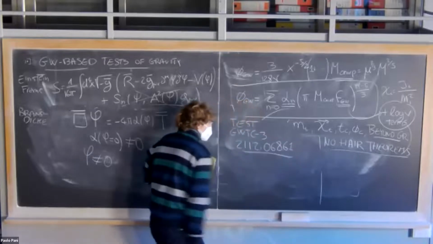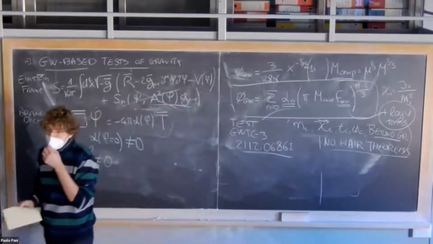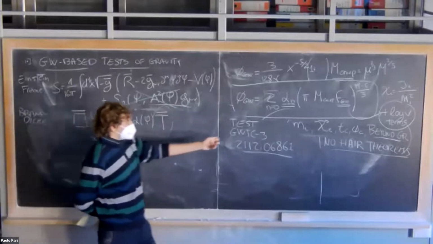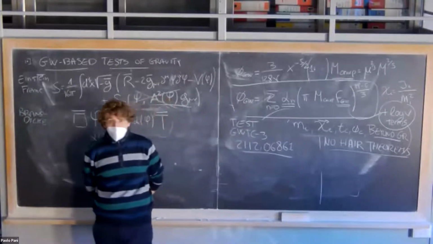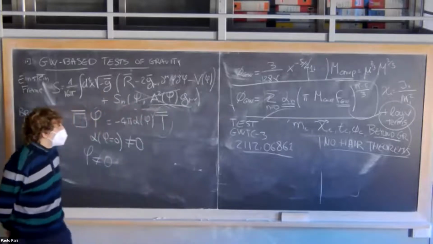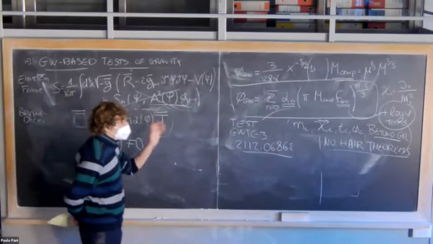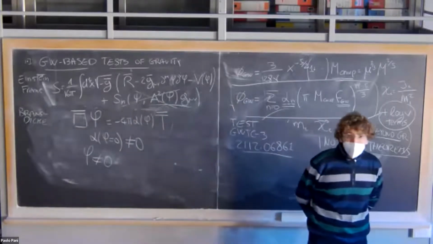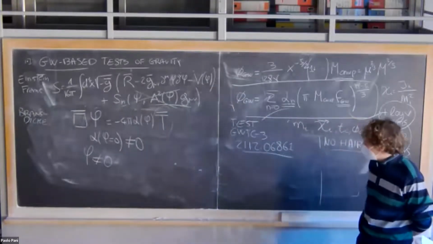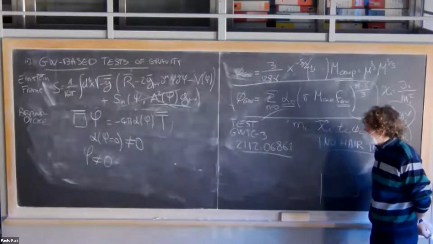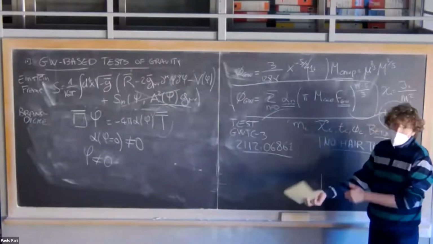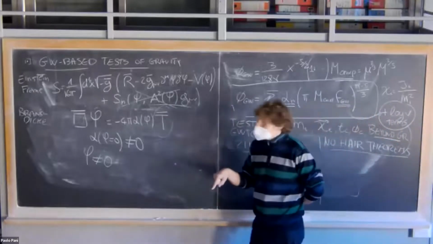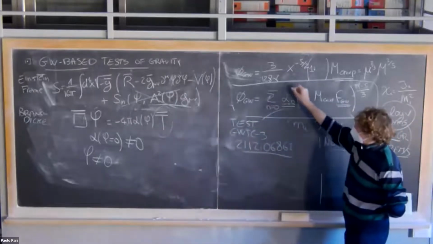So this is the most updated paper about tests of gravity with the current catalog of transient events, GWTC-3. And there you will find a complete overview and results about the various tests of gravity that the LIGO collaboration is performing. And one of the most important ones is precisely to find posterior distributions for corrections to these